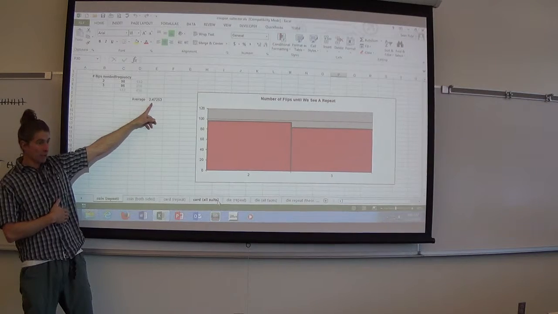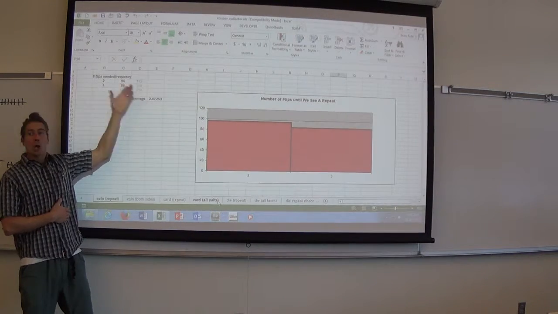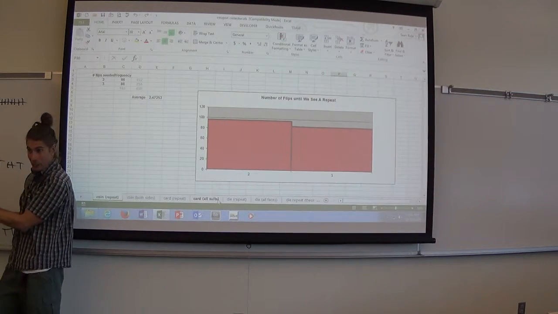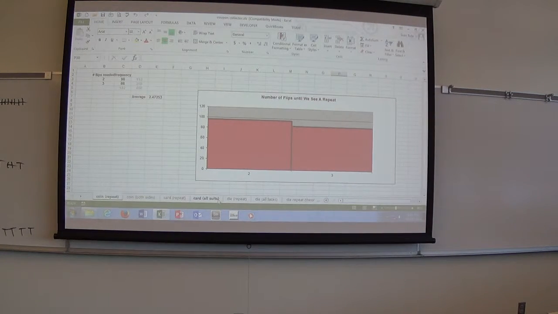Remember what it exactly should have been? 2.5 exactly. Because if you look at your tree diagram, half the time you're not going to get a repeat in the first 2 flips. The other half the time, you are. So if you don't get the repeat here, you're going to get the repeat next. Because if you don't flip a tail, you flip the head back here, that's a repeat. That makes sense? So half the time, we ended up in the 2, half the time in the 3,